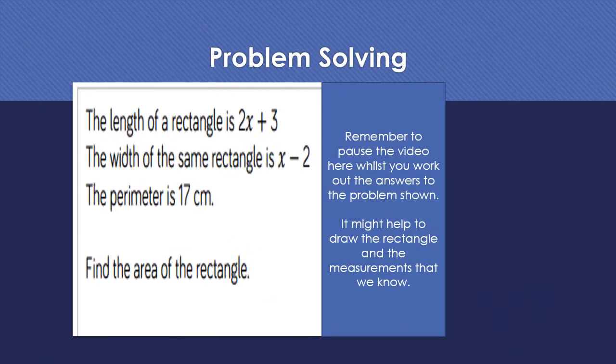So now we're going to have a go at doing another problem solving question, similar to the one that we just did, but there isn't a picture shown to help you. And in this case, once you find the value of x, you're going to use that to help you find the area of the rectangle. Okay, so although we're given the information about the perimeter, the objective here is to find the area of the rectangle. So it might help you to draw the rectangle and the measurements that you know